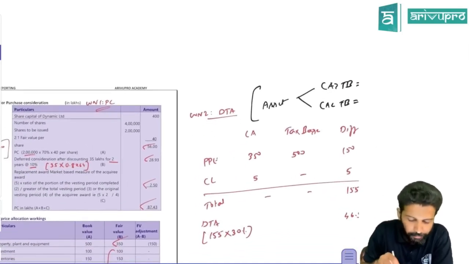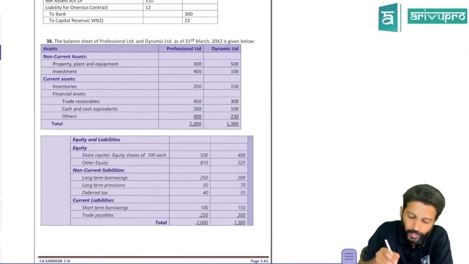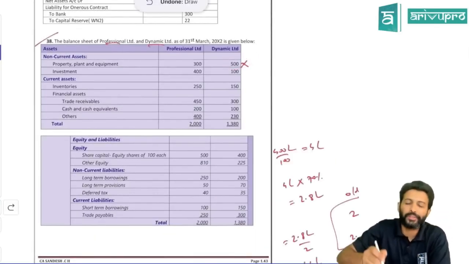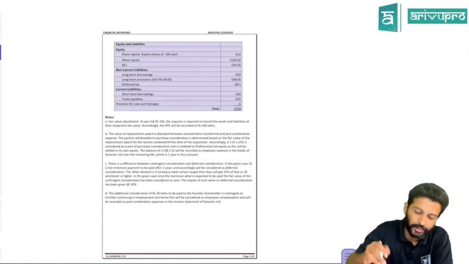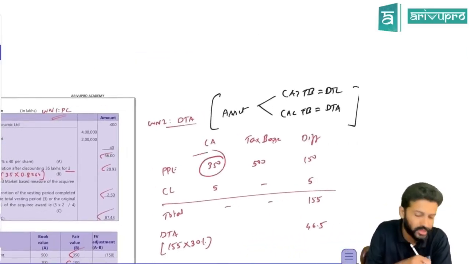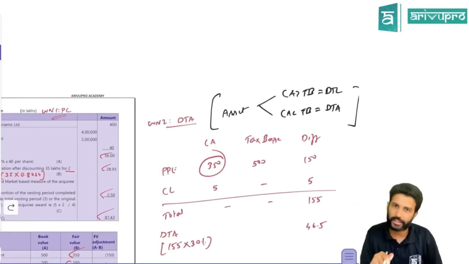Now check PPE. Sir, the subsidiary is showing this PPE at what value in their books? 500. But can the parent show 500 in their books? No, they have to show it at fair value. What is the fair value? 350. So the parent will show this PPE in the consolidated financial statement at 350. So 350 becomes the carrying amount now in the consolidated financial statement.